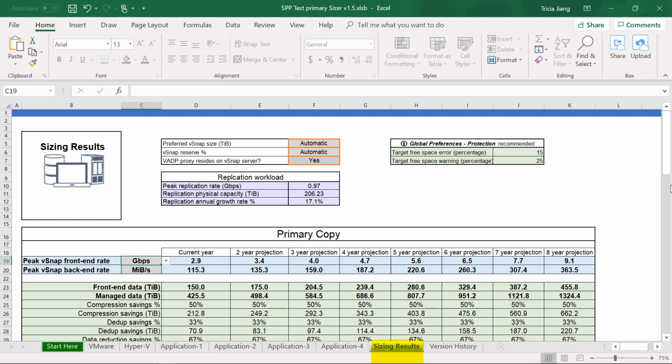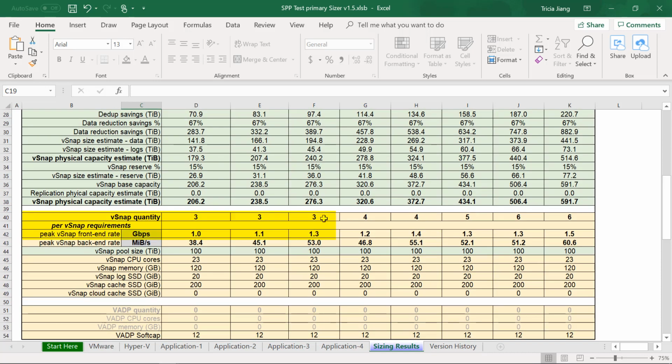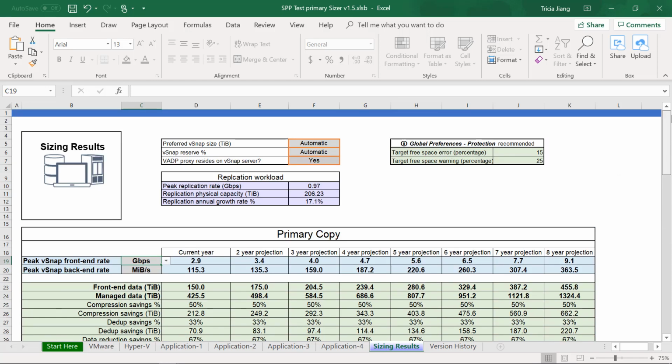Here underneath the sizing results, you can see that our peak VSnap front end rate for our 3-year projection is going to be 4 gigabytes per second. Now that is going to be spread across 3 VSnaps, and we would have the peak VSnap front end rate of being 1.3 gigabytes per second for each of those. So if our network cannot handle that, the first thing we can do is look at changing the duration of